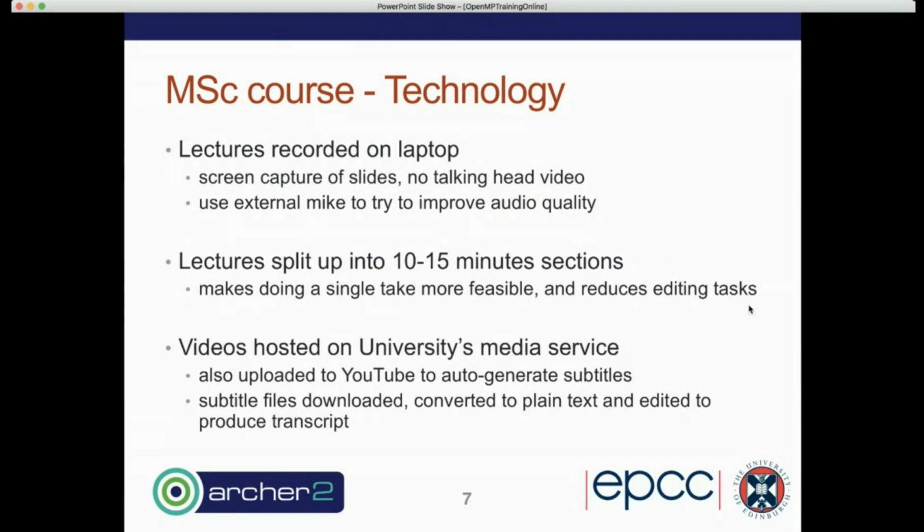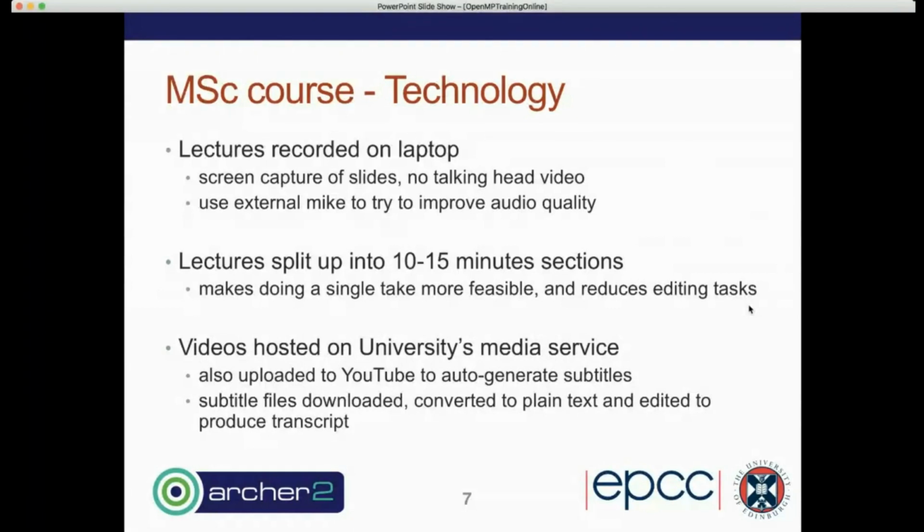The videos are hosted on the university's media service, but I've also uploaded them to YouTube, and the main point of that is to be able to auto-generate subtitles. And what I do with the subtitles is download the files, so you can get hold of them from YouTube. You can download the subtitle files, and you can easily convert them to plain text. There's a website which you can just upload it to, and you can get it back as plain text. So it's basically just stripping all the timing information out, and then you can edit those to